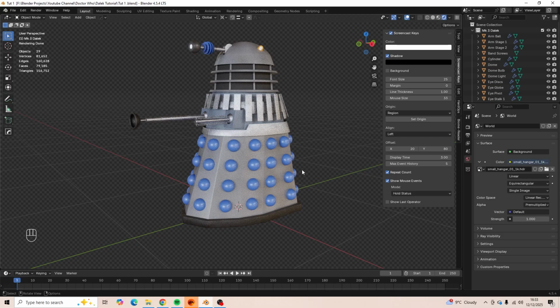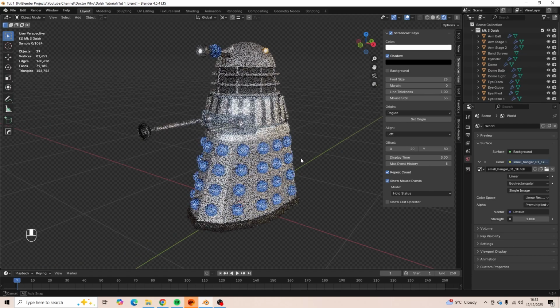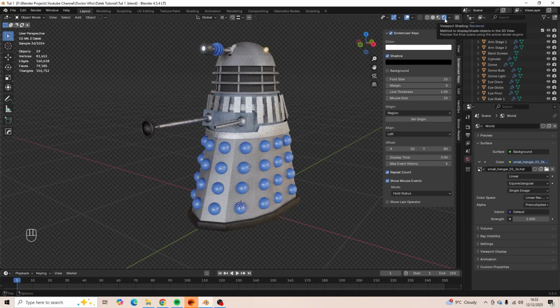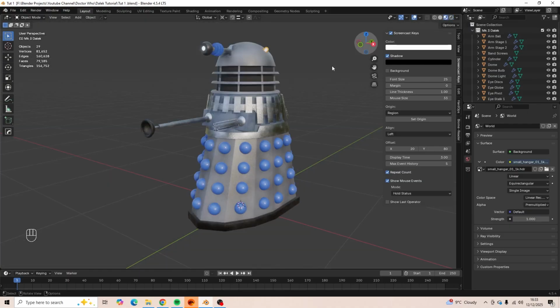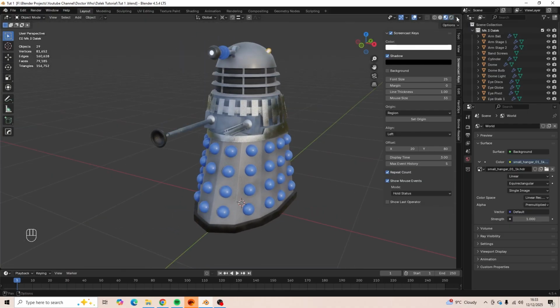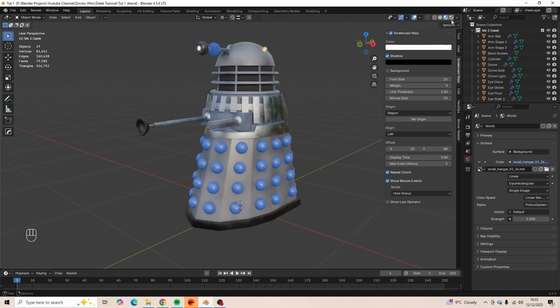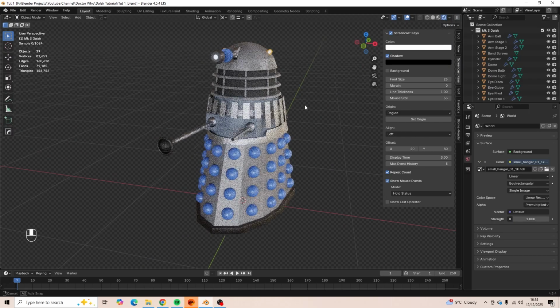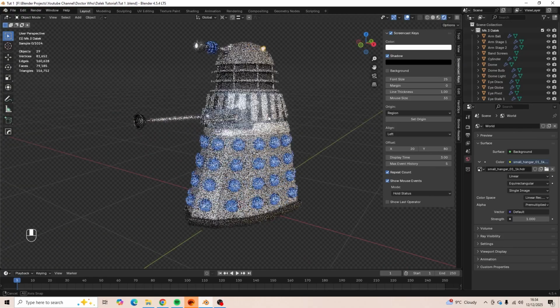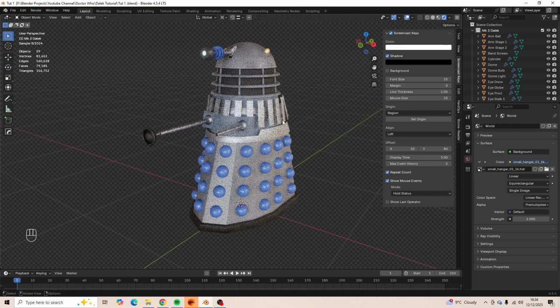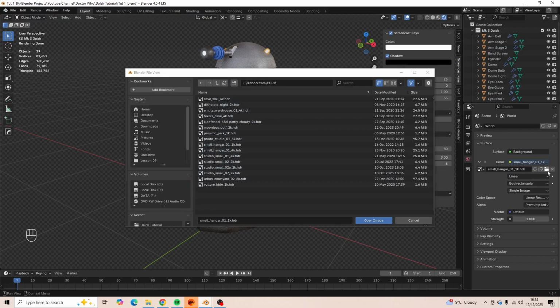Before I start, though, what I want to do is show you how I got this lighting in a rendered viewport. So we've been doing a lot of things in just viewport shading, where it uses this default HDRI. What we can do, if we go into rendered viewport, you can see the lighting is a bit more interesting. And the way I've done that is in our world settings over here, world properties. I go into open image, and I've got these HDRI files. So at the moment I'm using